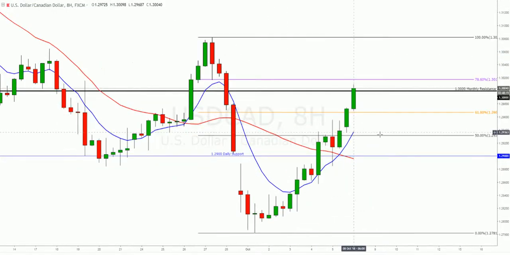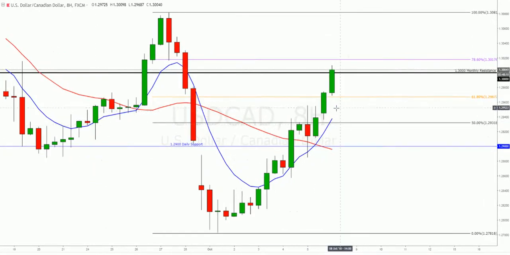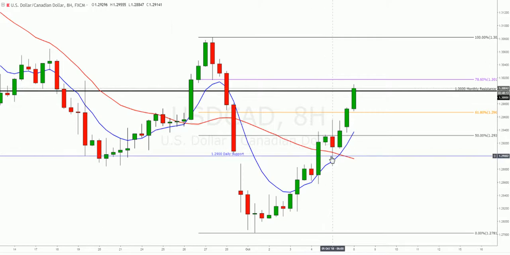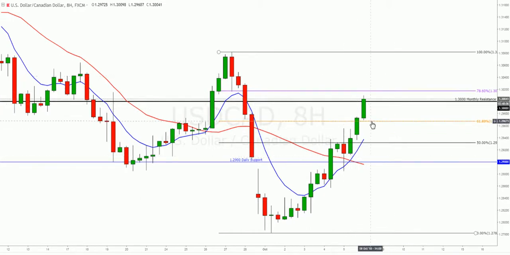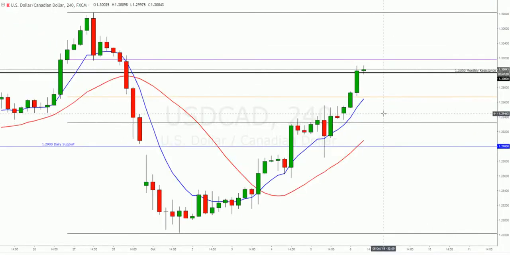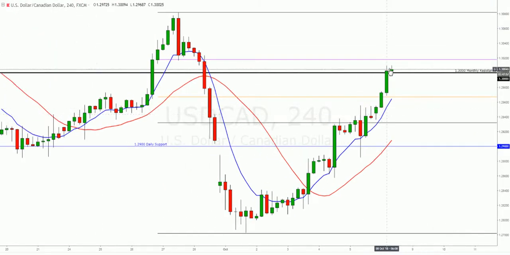Now the 8-hour time frame gives us a bit of a clearer perspective. We've already had that moving average crossover to the upside, which would suggest that we are heading upside. I wouldn't like to enter positions just yet as we are in that region. As I keep mentioning, had a slight pullback off the last H4 candlestick, and now